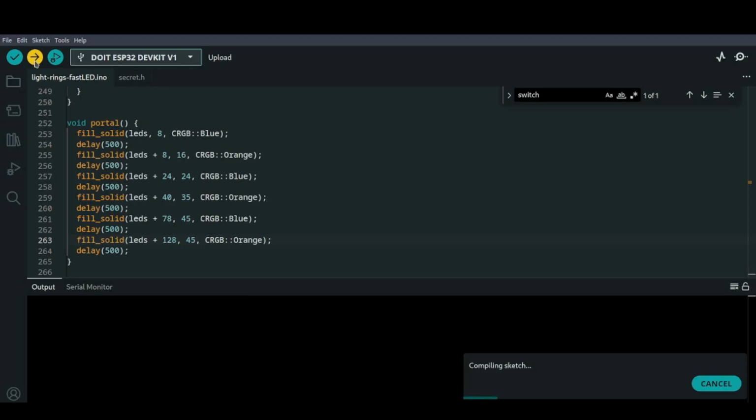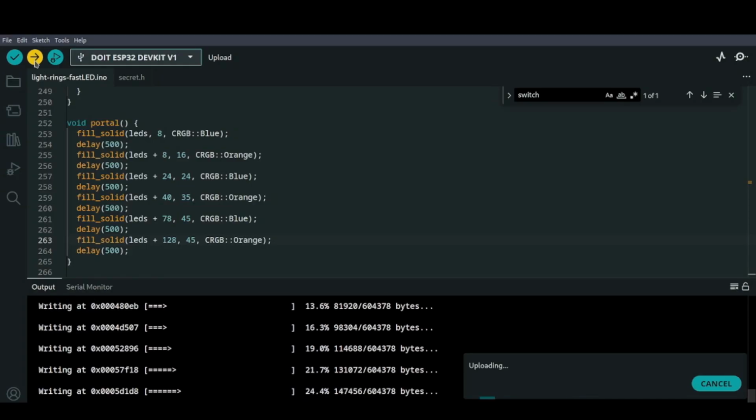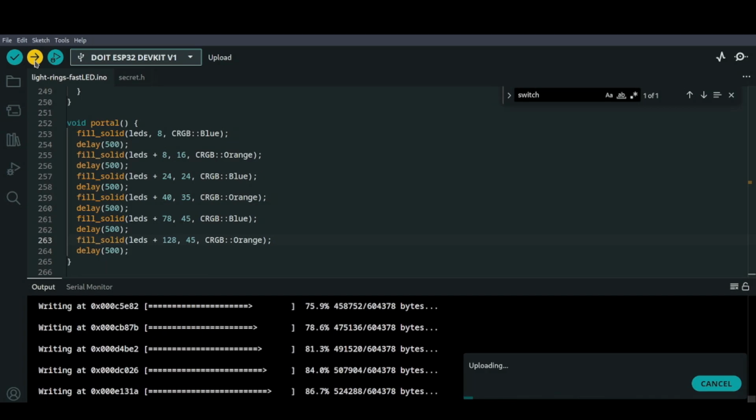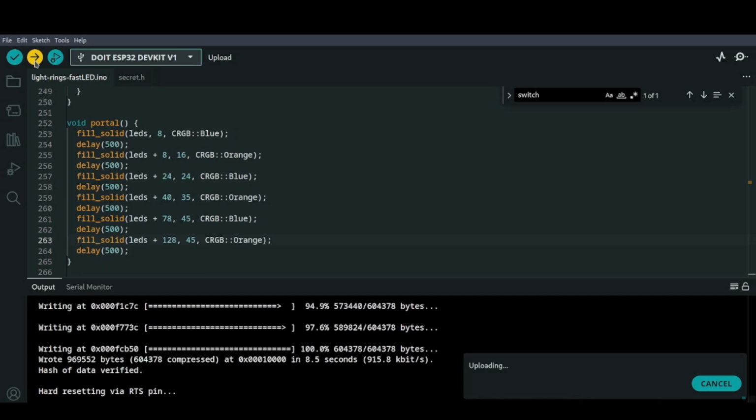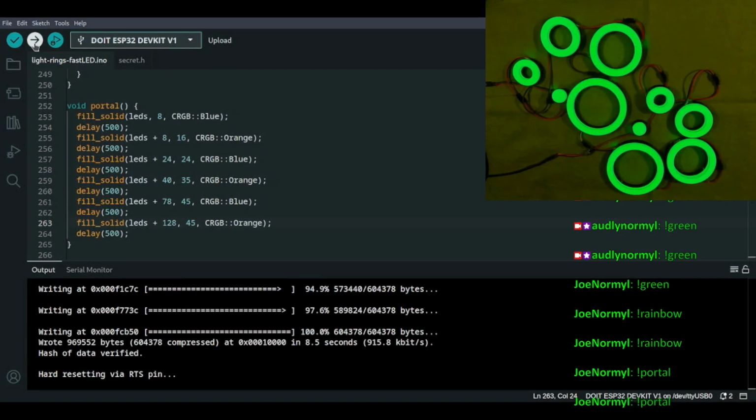Okay, let's see how far we've gotten here. I think this is gonna work though. I'm uniquely confident. Okay. Let's try it.